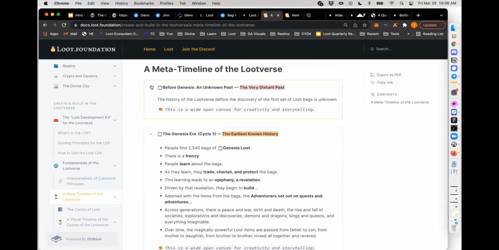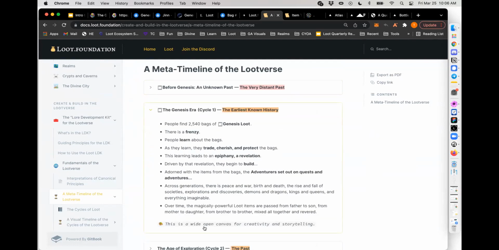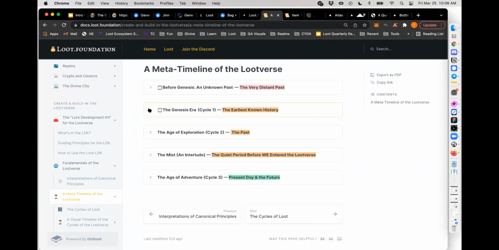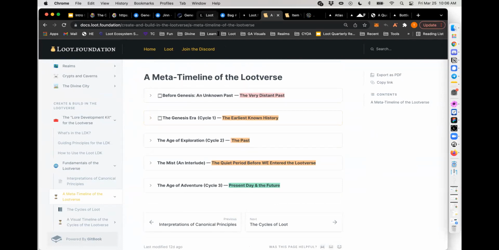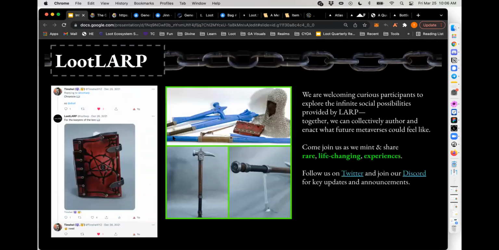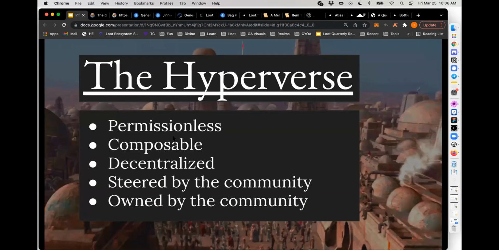Still infinite space for creativity, but just enough structure so that we're not stepping on each other's toes and contradicting each other's projects and devolving into just fantasy words, but ideally building this collaborative, collectively created, infinitely expansive, yet still loosely cohesive universe. And to me, that's what's giving me the most energy out of this whole project,